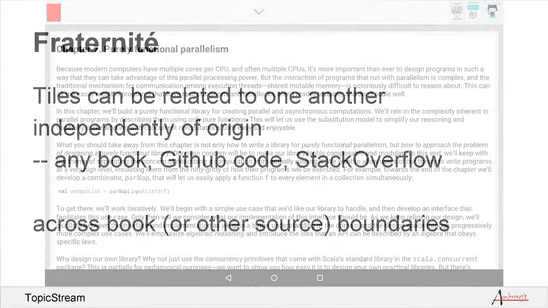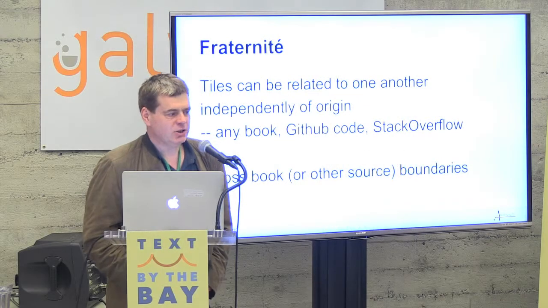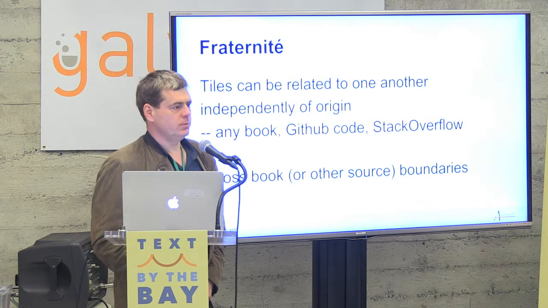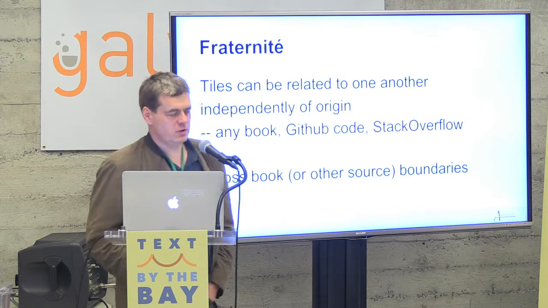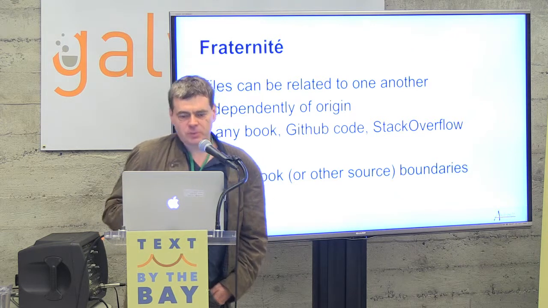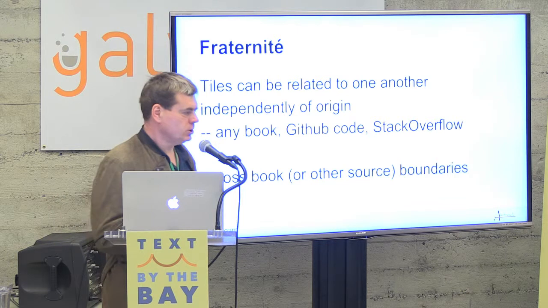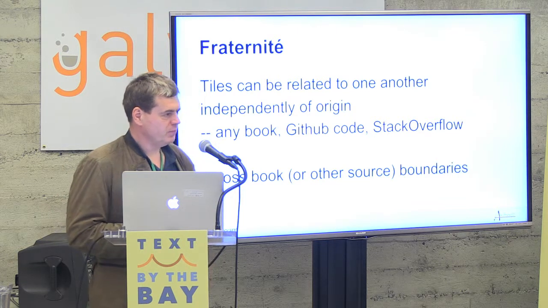And the fraternité aspect is really saying that the tiles can form a graph. That is, that we can have additional edges between tiles treated as nodes of the graph. And the rest of the TopicStream platform is really about edge discovery. That is, which edges are really going to be helpful. And